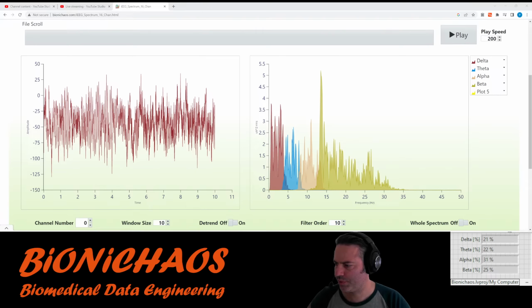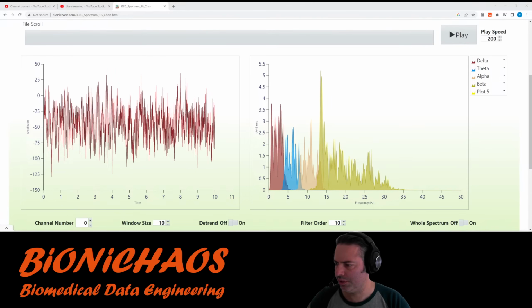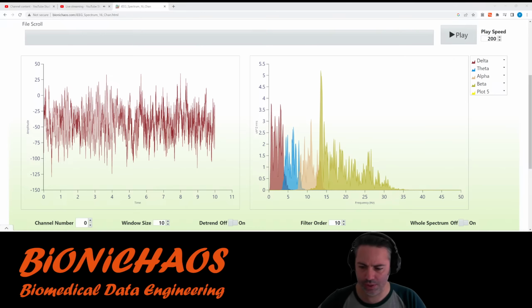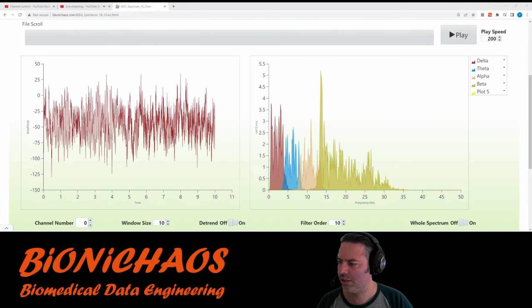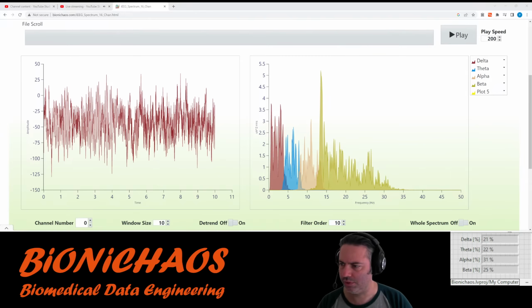Just remove that window. Rename that. I rename it EEG. Label it for now.